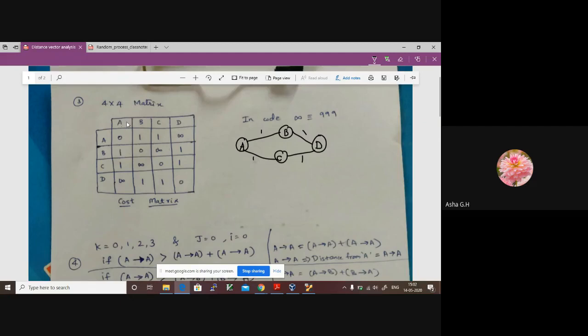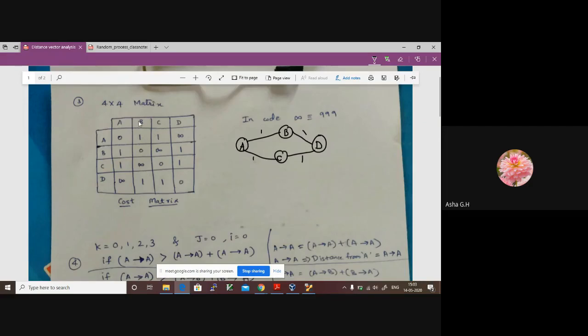How is that created? Say, for example, A, B, C, D are the 4 nodes. A to A, the distance will be 0. What is A to B? We have to enter a value here if there is a direct connection from A to B. Now there is a direct connection from A to B. So the user has to first define the topology. For this topology, you are writing an algorithm. It is the job of the student to create a topology first, and according to this topology, you input to your program.